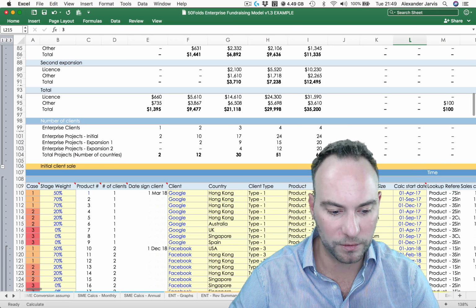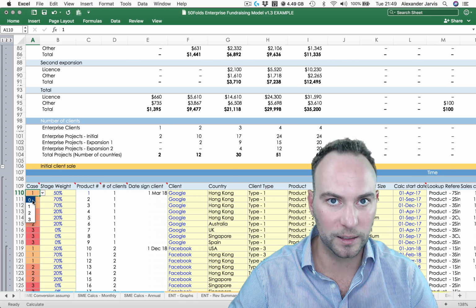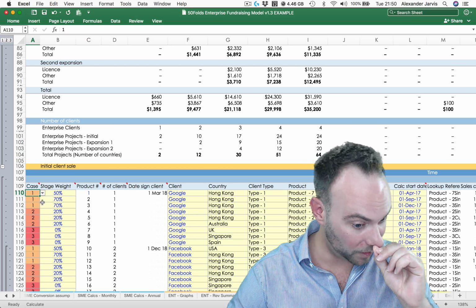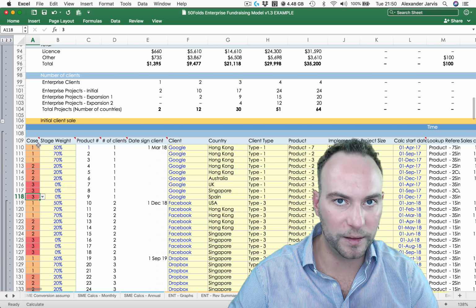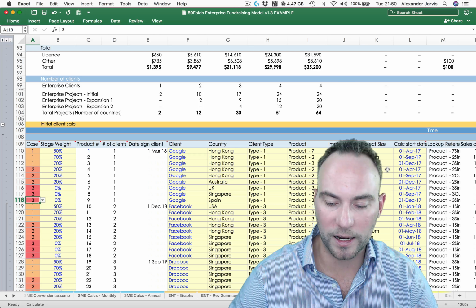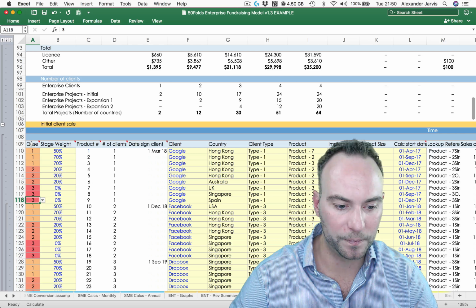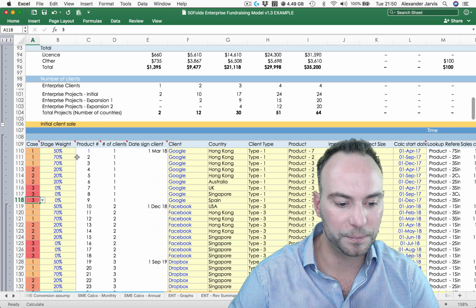So to actually do that, you go into the revenue forecast sheet here. And again, there's drop-down menus to make sure you don't do anything silly. 1, 2, 3. If you put case 0 in, it means you're not making any revenue, okay? And so you'll see that I've repeated this because you want to apply these to different cases. And so when you flick the switch on this, the model is going to look for 1, 2, and 3 and add up those values for each line, okay? So read this note, and it'll give you a little bit more guidance on that. So just pick 1, 2, 3, then repeat things.